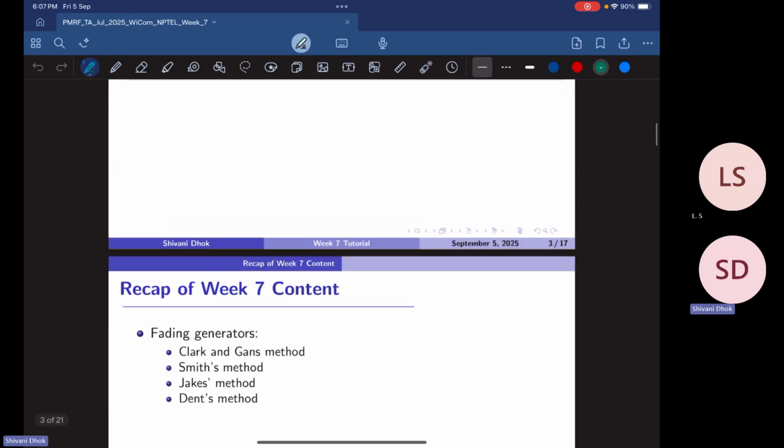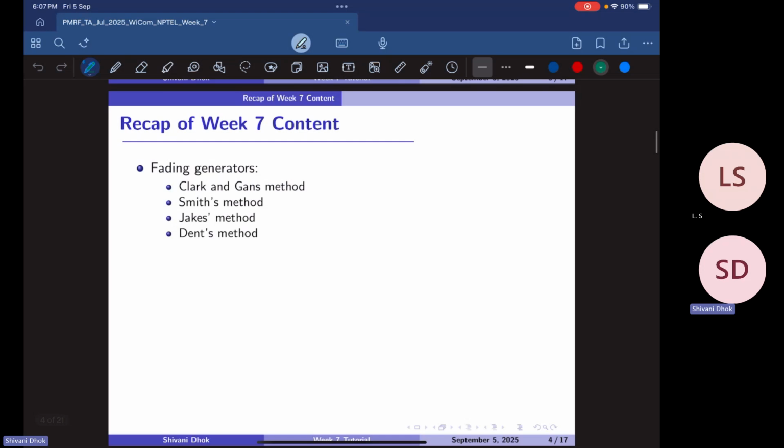Okay, so let's quickly start with the recap of week 7 content. This week we started looking at the models which help us figure out how to generate time correlated channels, or basically, for simulation purposes, how to generate time varying Rayleigh channels. And for that we looked at four methods. The most famous one from all of this is Jakes' method,